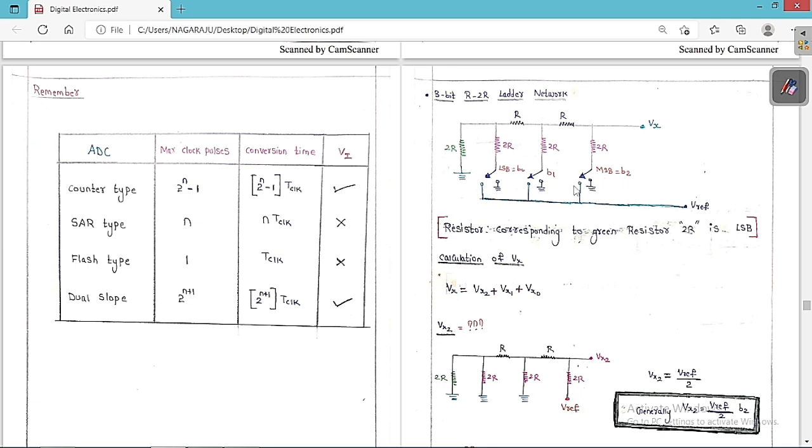On means we are going to connect it to V reference, and the remaining ones we are going to keep at ground. Keeping it to ground means the switches are basically off. So these two switches we are going to connect to ground. Now I want to find